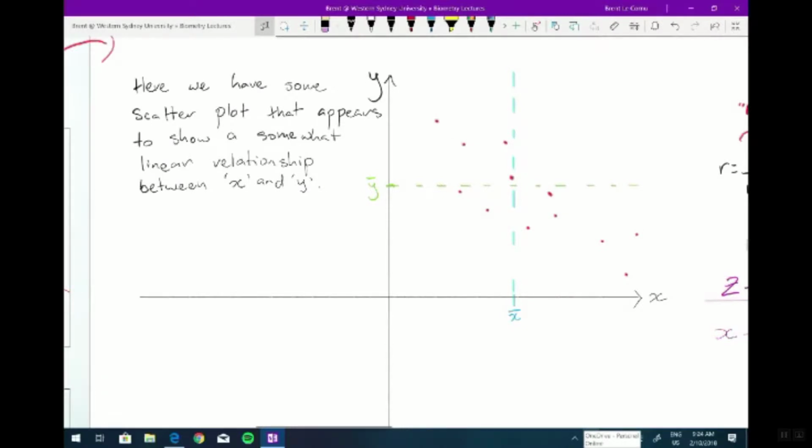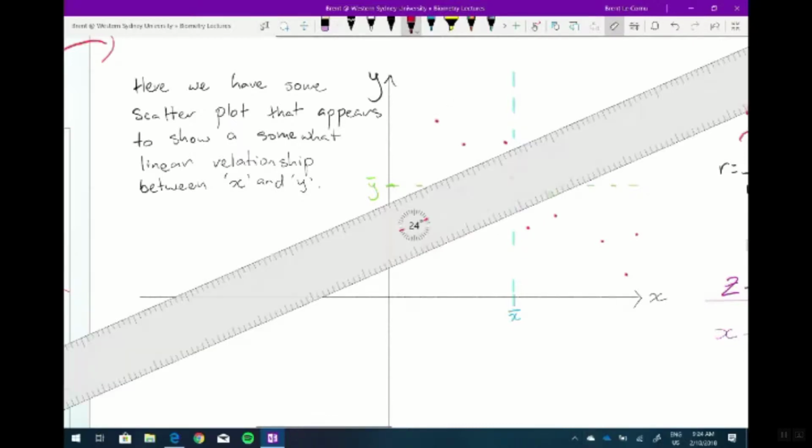So we'll start with a scatter plot. I've made it have a negative relationship, so it's not a perfect linear relationship. You can see these red points on the scatter plot, they're a little bit spread, but it does look pretty linear, but also obviously pretty negative as well. As I increase in the x direction, the y values decrease, so it's going down. I've marked on the x and y axes the mean for each of those sets of numbers, the x mean and the y mean. So if I looked at every single point,